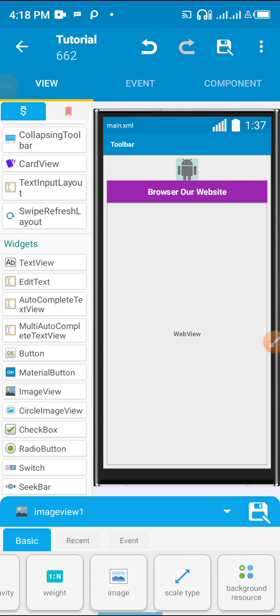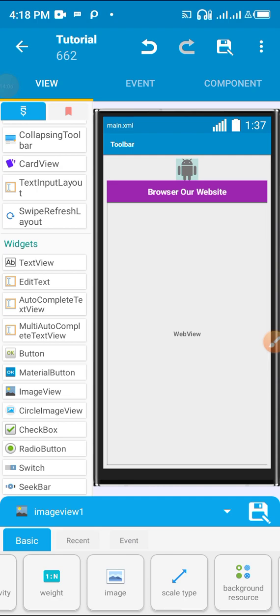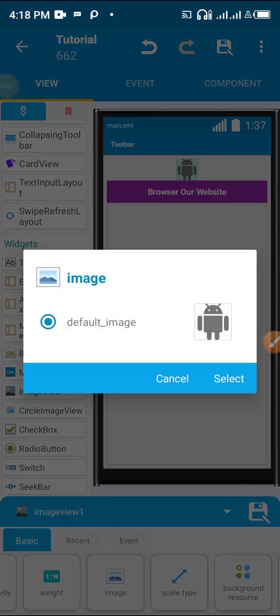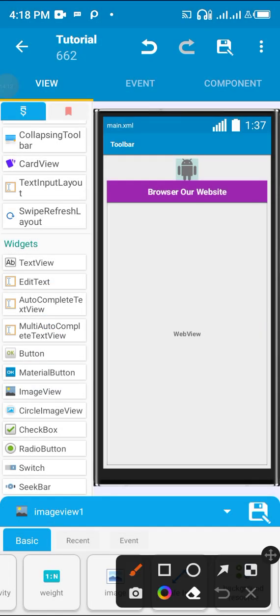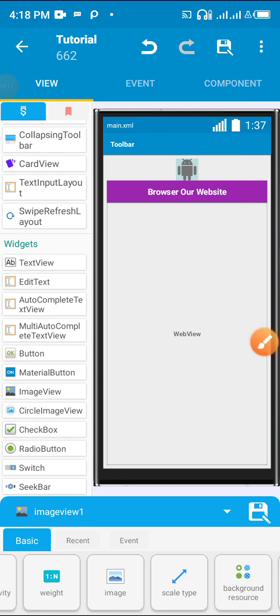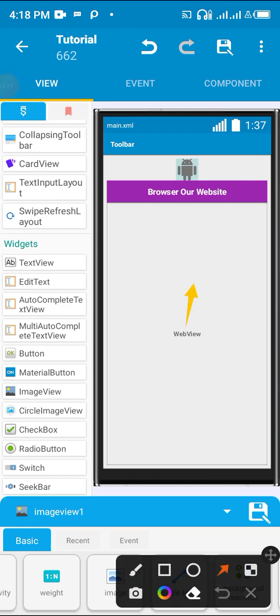From there you will go and search for image. We have not yet uploaded any image. So what you need to do is to click on here. Or if you don't want to do that, you can still use logic to take a picture from web view to show in this place. That one I will show you. But I want to make this logic to show you how to run on logic. This one I'm doing in